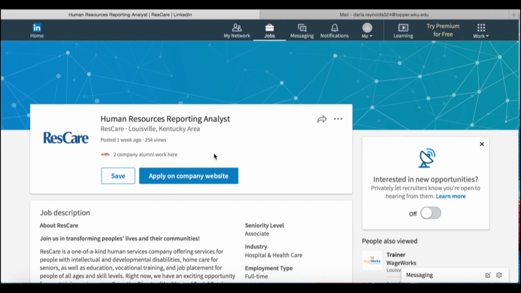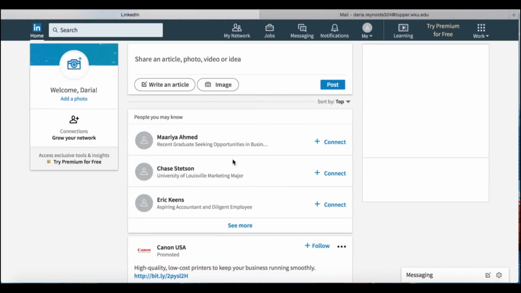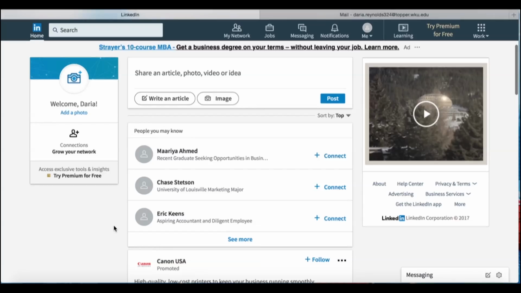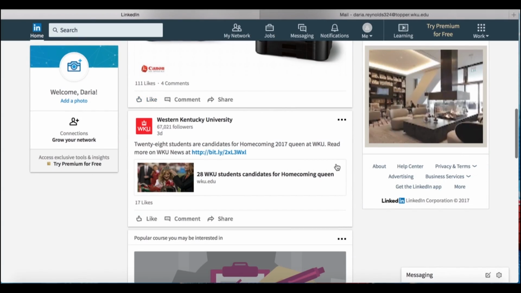And so from there, I'm going to go back to the home page. And so right here is kind of like if you've ever had a Facebook, you just share articles and photos and information. Like Western Kentucky shared a story, and you can just get more information on things. And so that's pretty much the basic 101 of how to